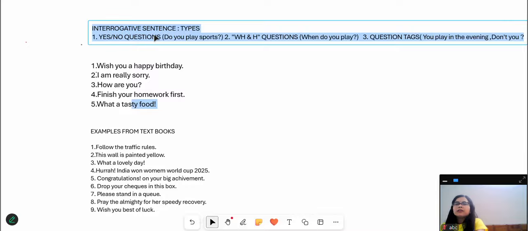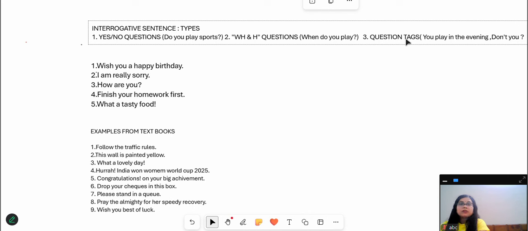Unlike this type of question, the answer will always be with yes or no, right? So here the answer will be on the speaker. And the third type of questions are those which have question tags with them. What are the question tags? If you see this example, you play in the evening, don't you? This don't you is a question tag,